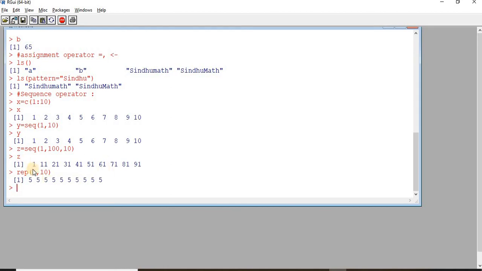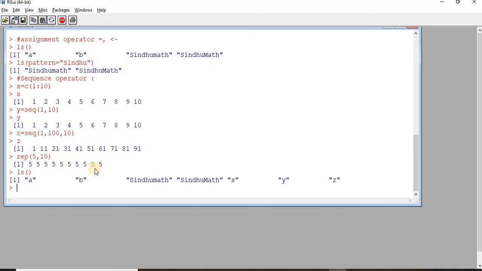Now we have been seeing that we have created several objects like A, B, Sindhu Math, X, Y, Z. So there are a few objects that we have created. Now when we create these objects, these object names cannot have hash, exclamation, plus, hyphen, and a few other such symbols.